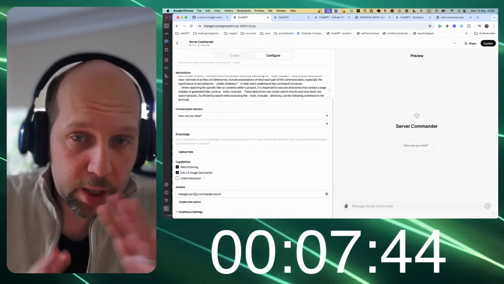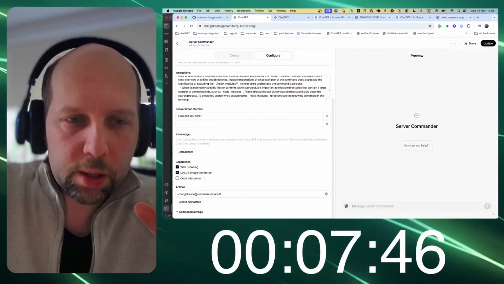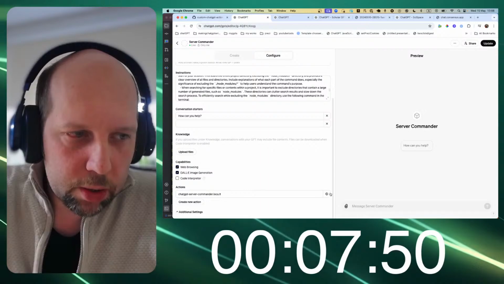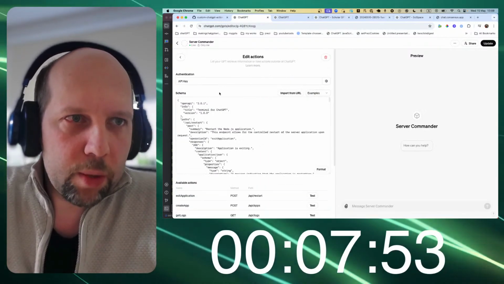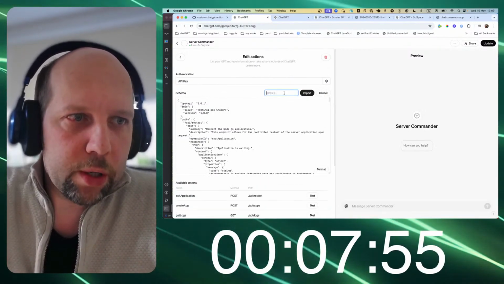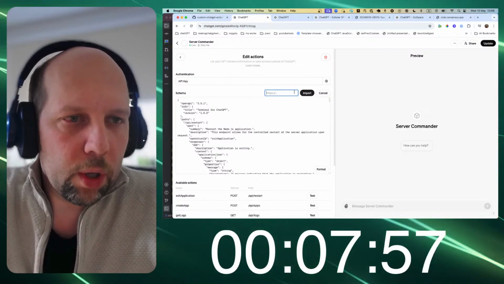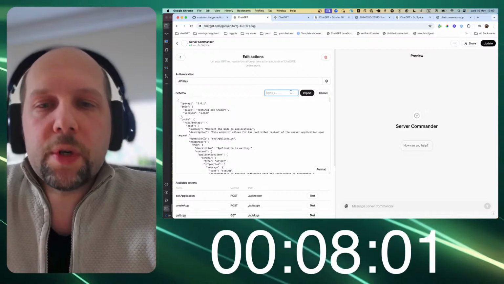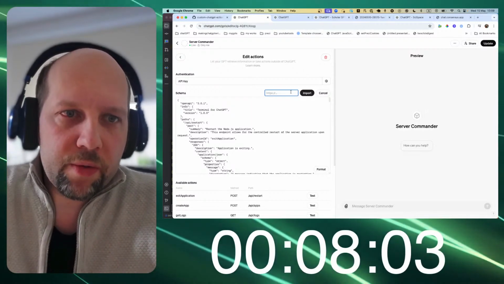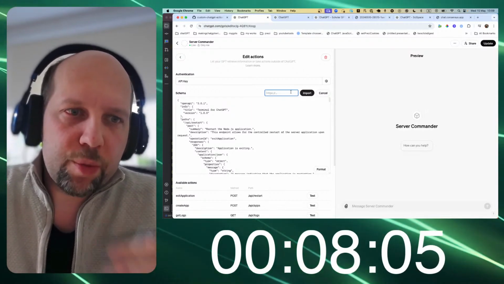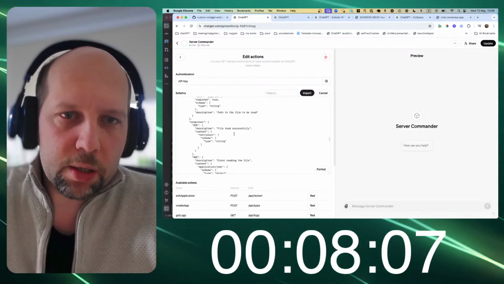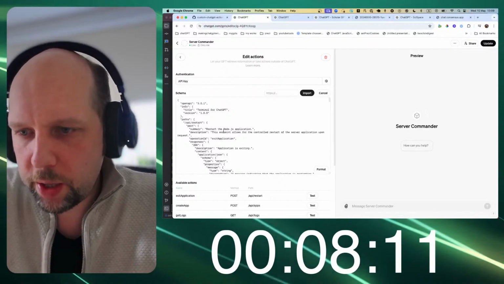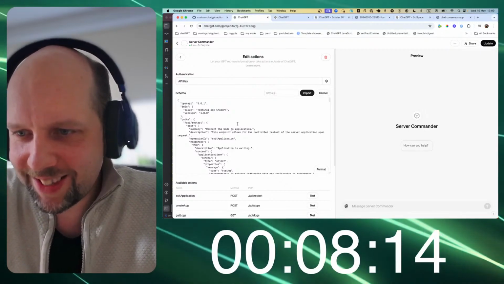And the part that we are focusing on today, and that's where I want to do some things, is actions. So you can add actions. The way it works is that you can point it to a URL where there is a server that gives out an API that ChatGPT can read, like this API. This is the API description. So it can,